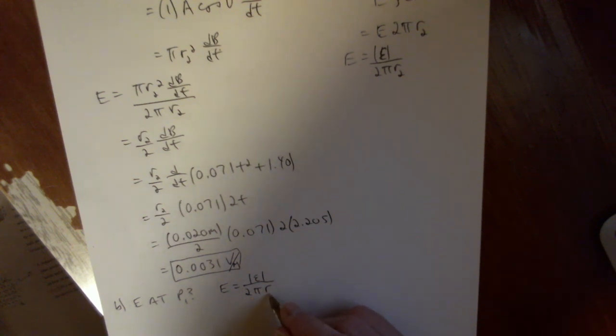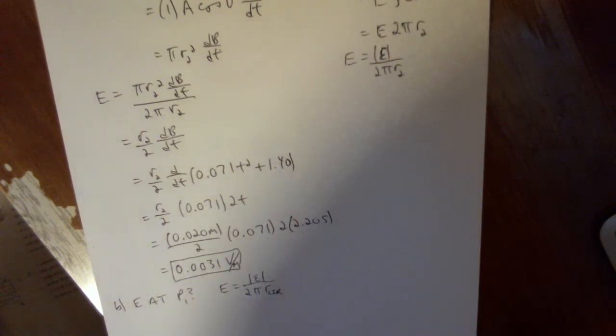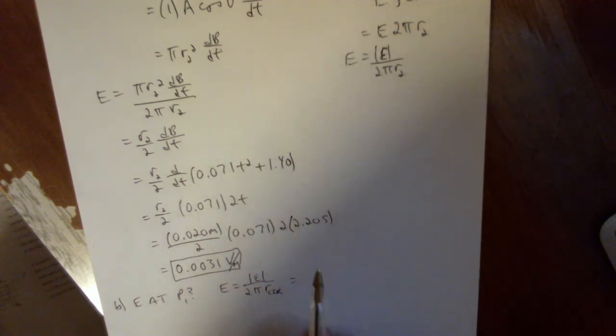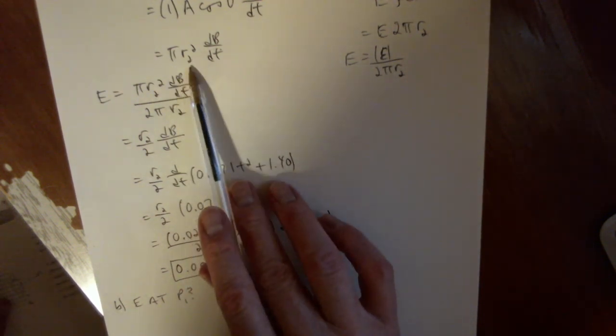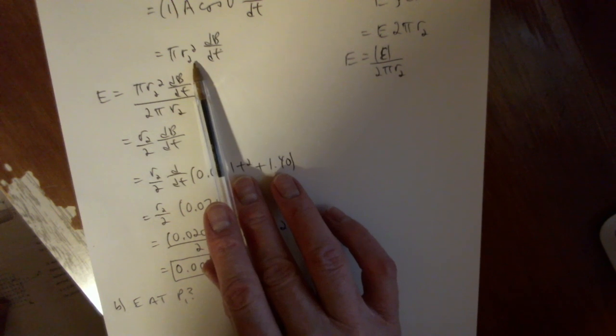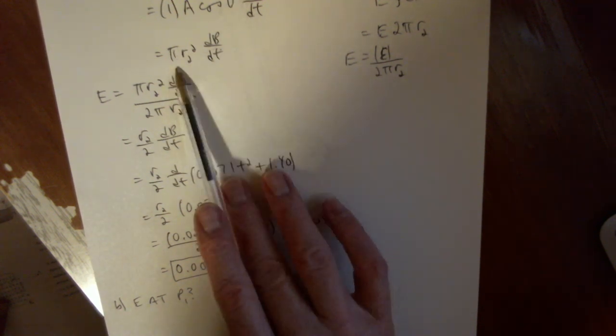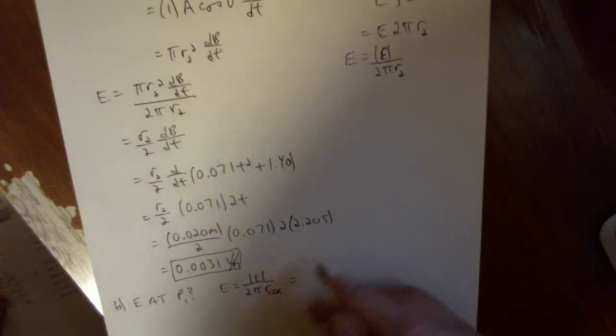I'll just put radius of the circle. Okay. And the EMF was this pi r2 squared, so it's the area of another circle